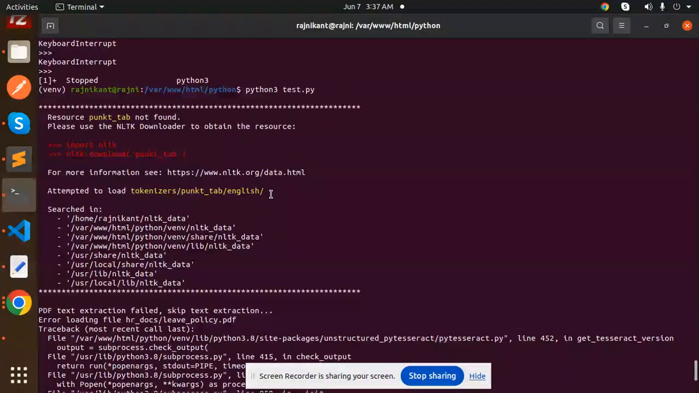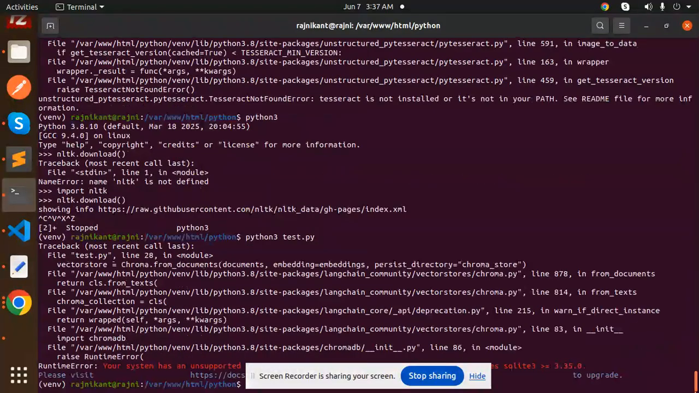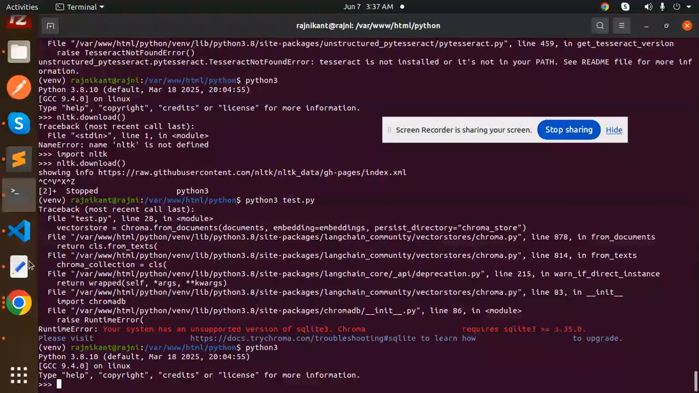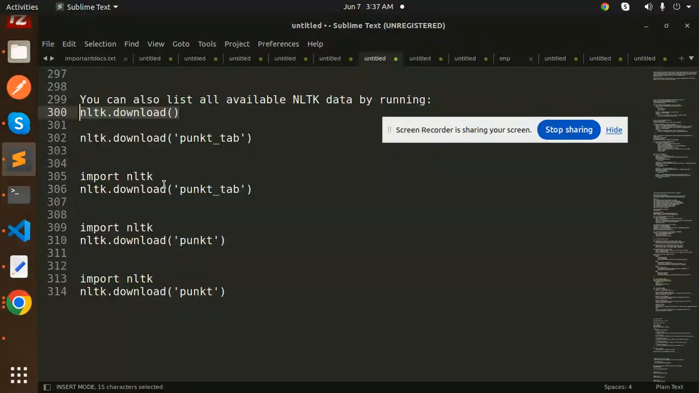Today we are going to solve the issue that is the source punkt type not found. Please use the NLTK downloader to obtain the resources. So what we have to do, first of all, open the Python shell. Python 3 will open, and we just have to write import